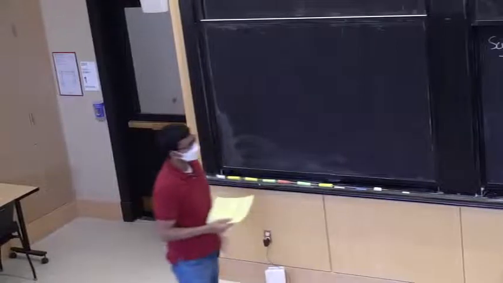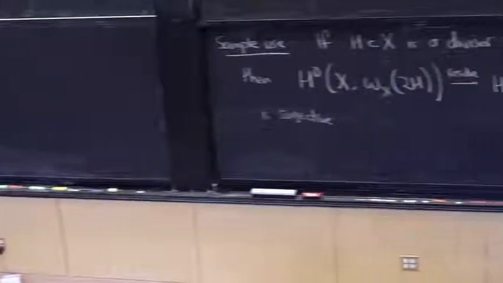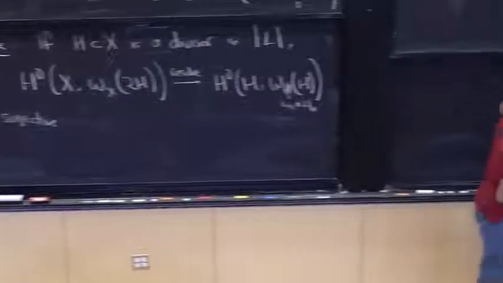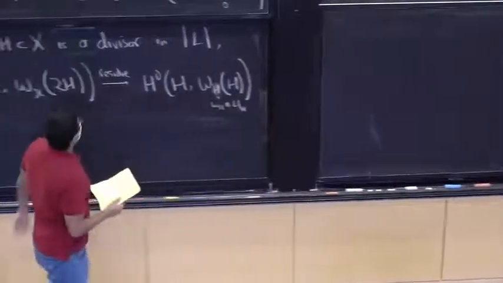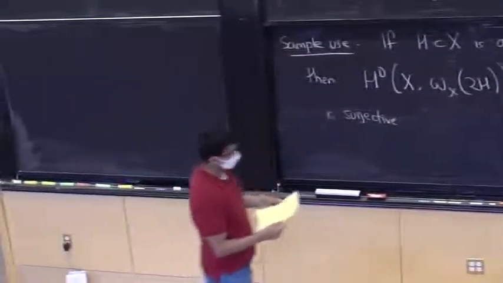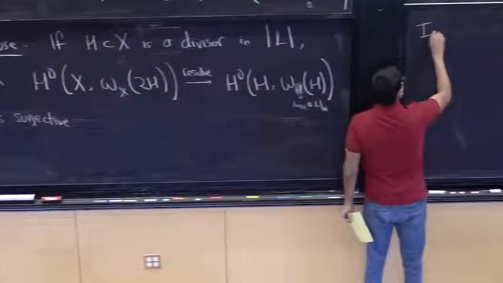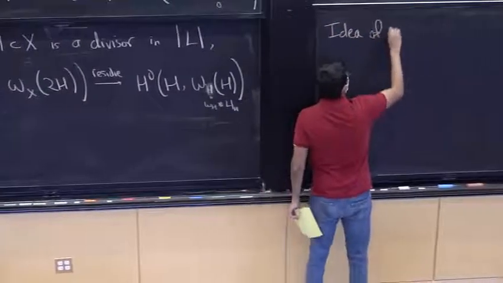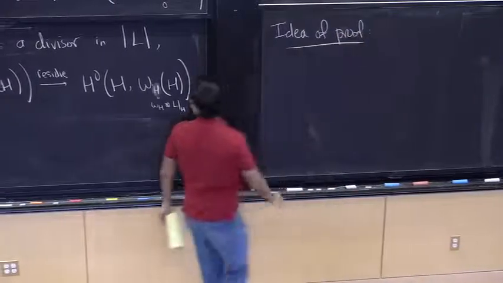So this is the result, and let me also very briefly tell you what goes into the proof, mostly to indicate why, even though the statement looks like it's completely algebraic, the proof is not a purely algebraic thing. It's just something transcendental. So the idea of the proof